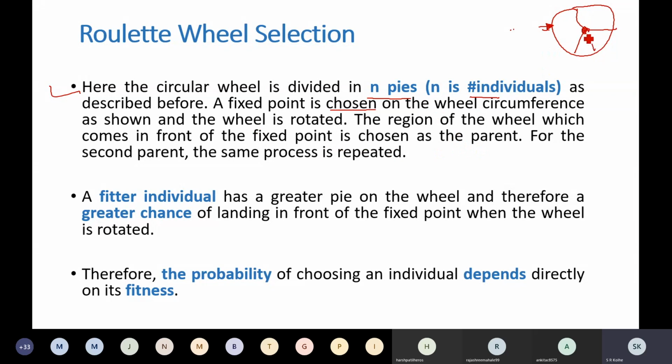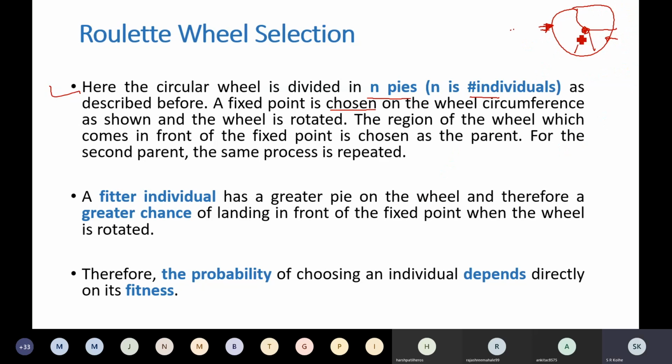Again, I am repeating. We have a circular wheel. On this circular wheel, we have chromosomes or solutions. Depending upon fitness values of those solutions, that solution will get area on the circular wheel. There is a fixed point along the circumference of this wheel. Then to select the first parent, you are going to rotate this wheel.